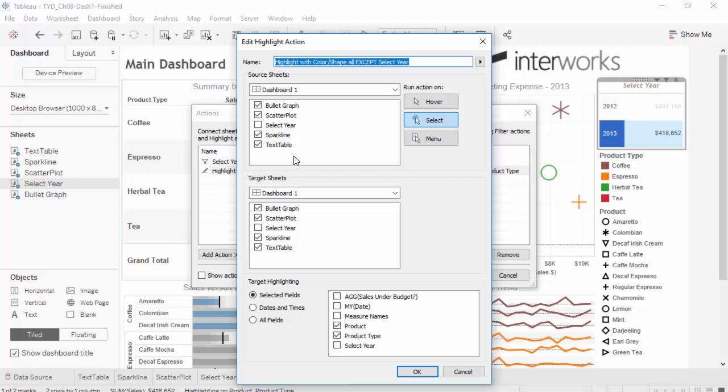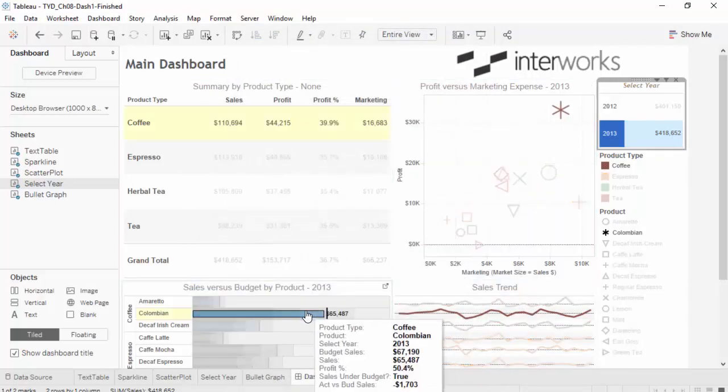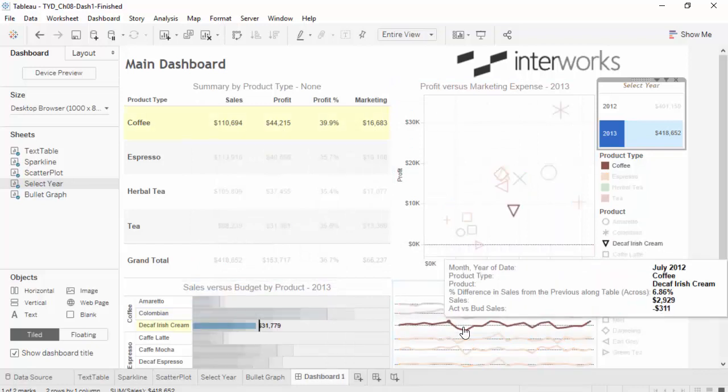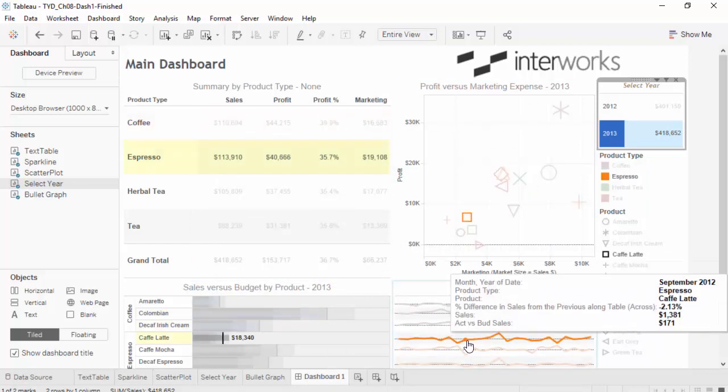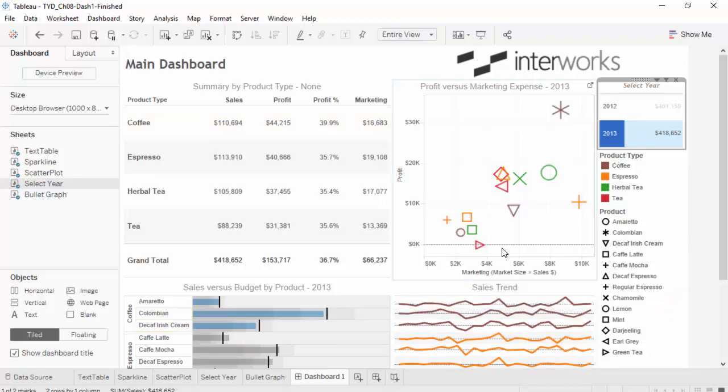Okay. So once that is done, and here again, we will do select, or if you do hover, we can check it, we can see what happens if you do hover. So if you select hover, then what will happen is just hover, and then it will get selected. So hover over any particular item, then that highlight action will get reflected in all other charts. Okay, so here again,